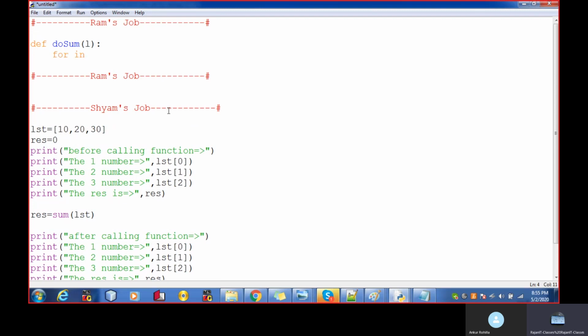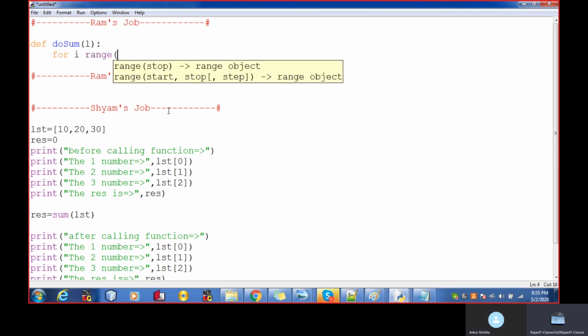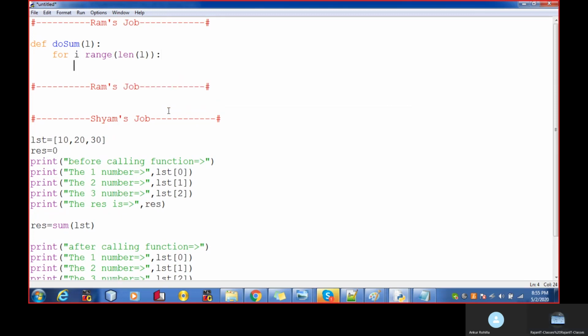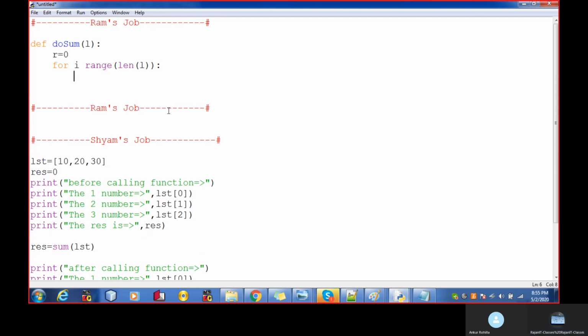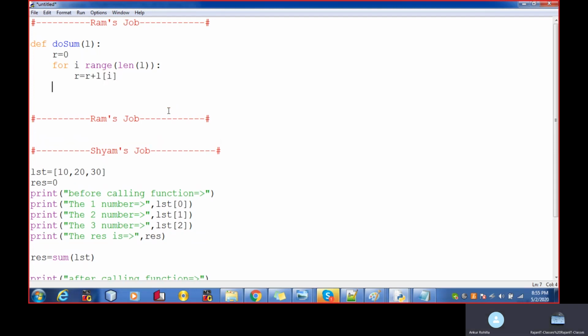So for I in range length L, using R is equal to 0, R plus L I, and returning the result. Any doubt so far in this?